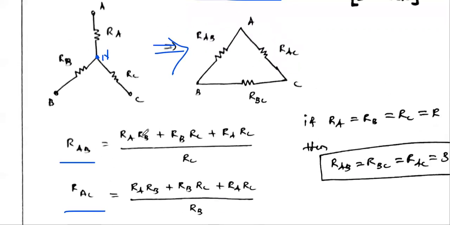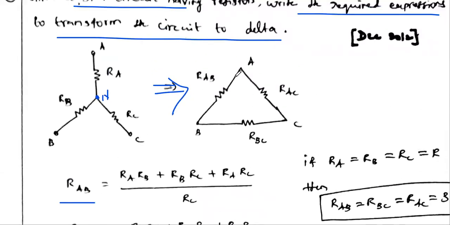While calculating RAB, RAC, RBC in this star network, you multiply two resistances, RA, RC, plus RC, RB, plus RB, RA. So RARB plus RBRC plus RARC divided by